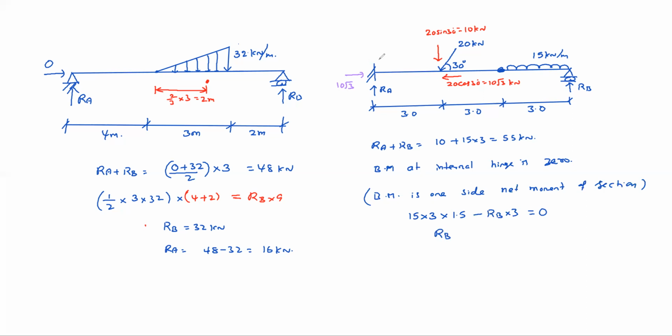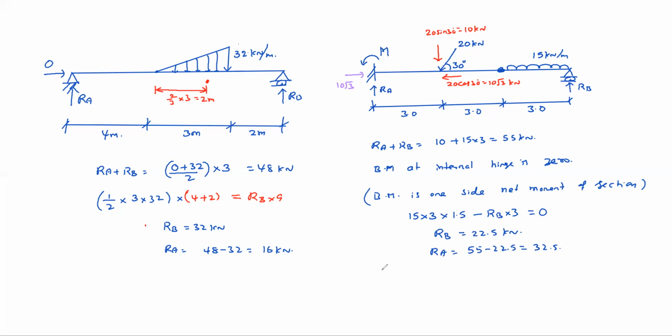And here a moment also you can expect, so let us assume the moment here is M at A. RB equals, now how much is it? The 3 gets cancelled. 15 into 1.5 is 22.5, right? Yes, sir. So RA plus RB is 55. Obviously RA equals 55 minus 22.5, which is 32.5. And the algebraic sum of moments about any point must be 0, right?